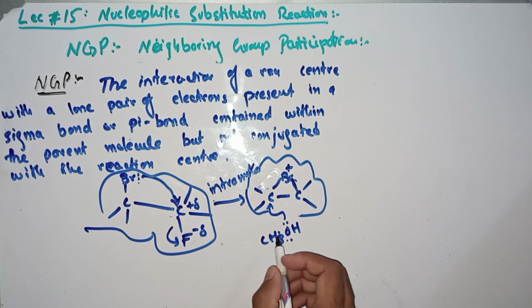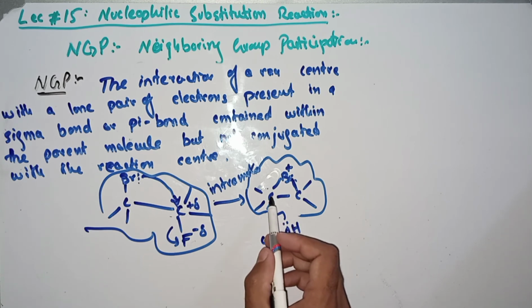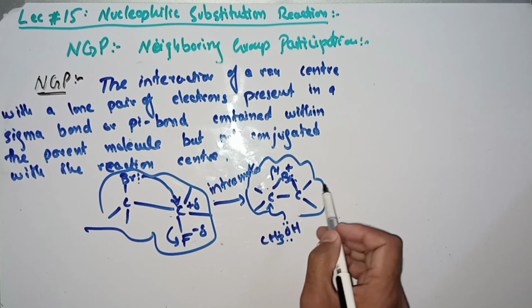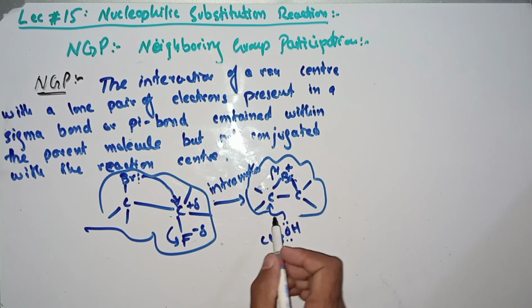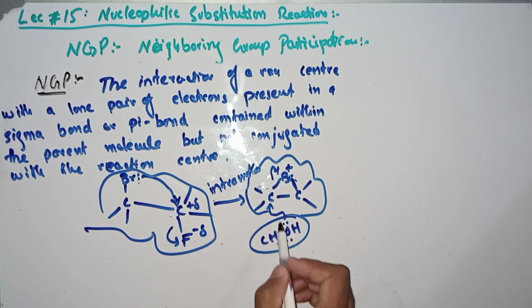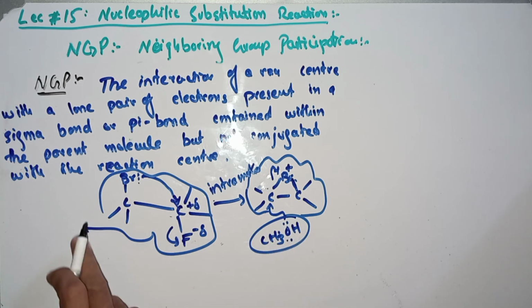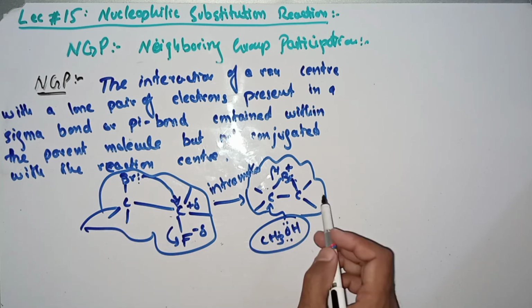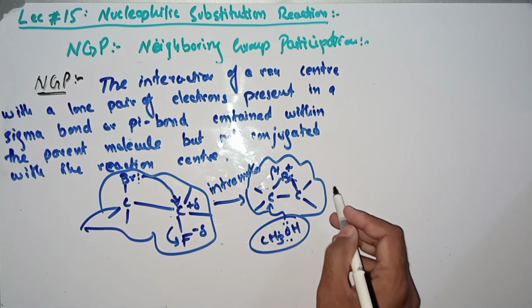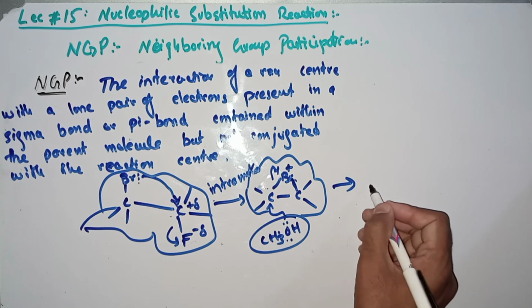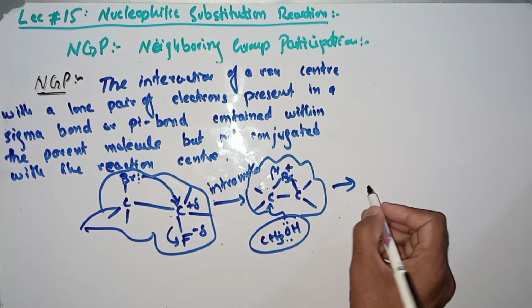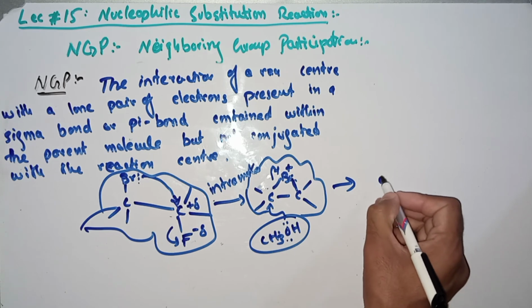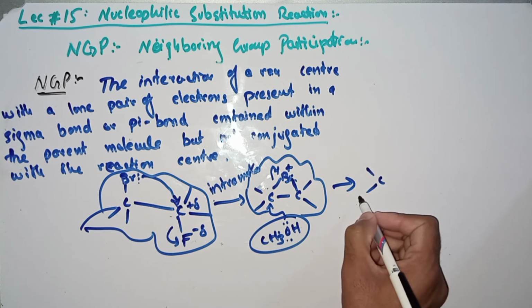So here is CH3OH, or you can say that the solvent attacks on this carbon, so that's why the bond will shift here. When the bond shifts here, it means that the nucleophile attacks from the back side of the carbon. This is the back side of the leaving group. This is the leaving group. This is the back side out to this leaving group. So that's why you can say that this product will be an inversion product. It will generate the inversion product, that is